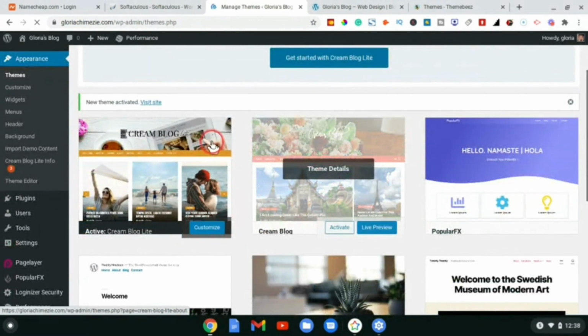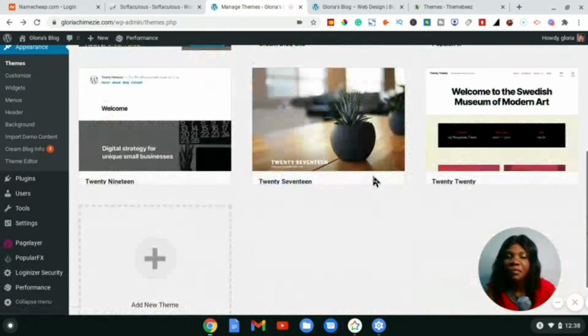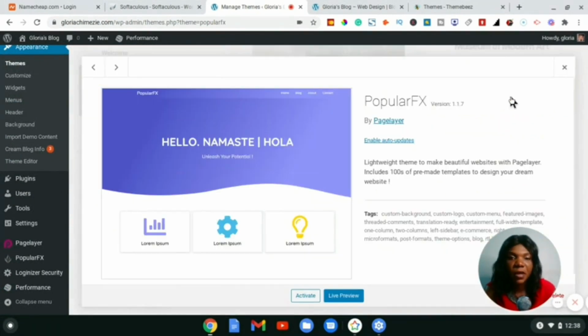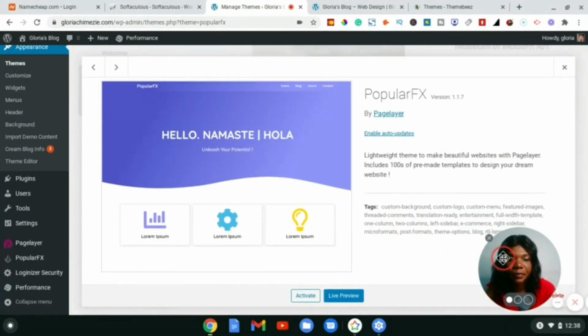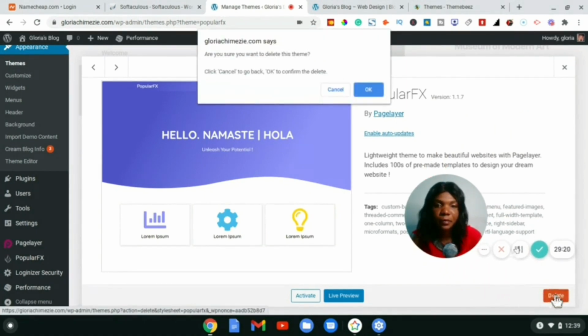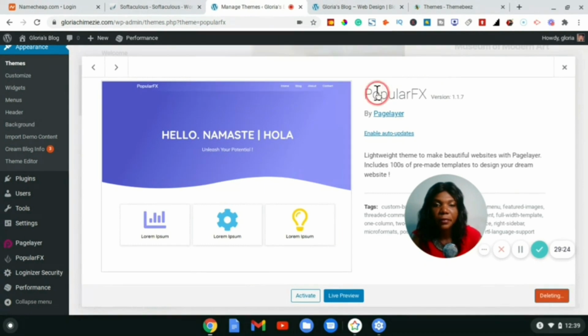All right, so the free version is activated, and I'm going to do something. I'm going to delete this particular theme here